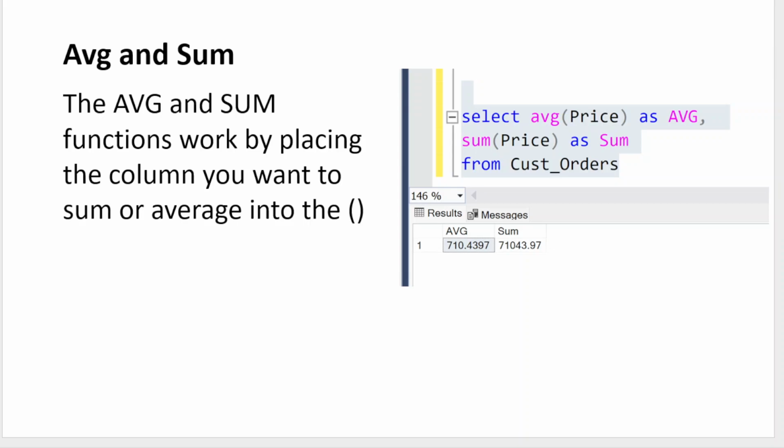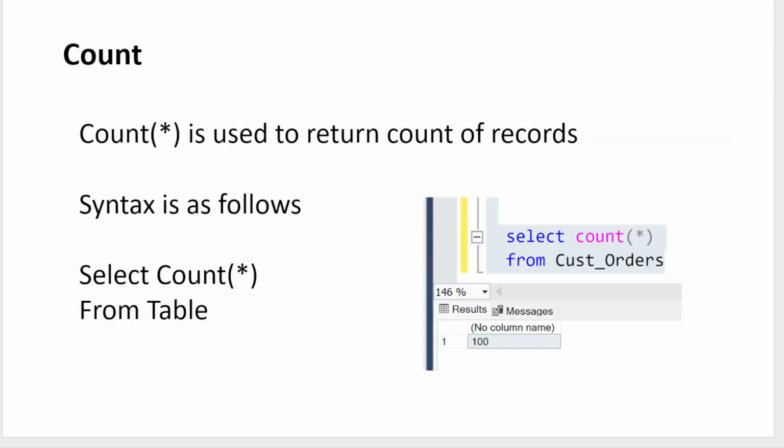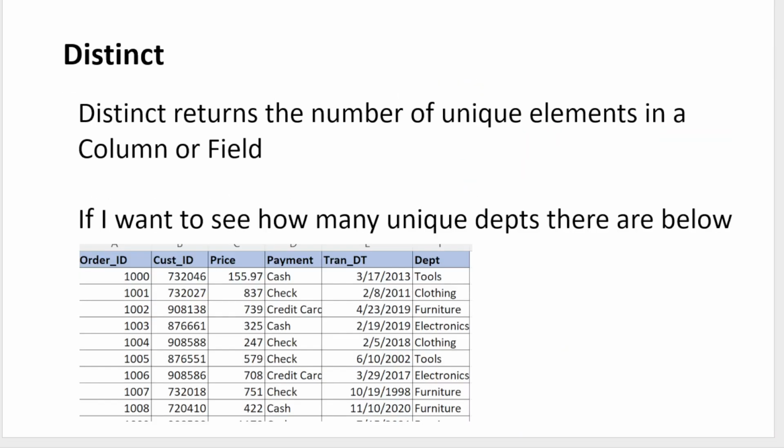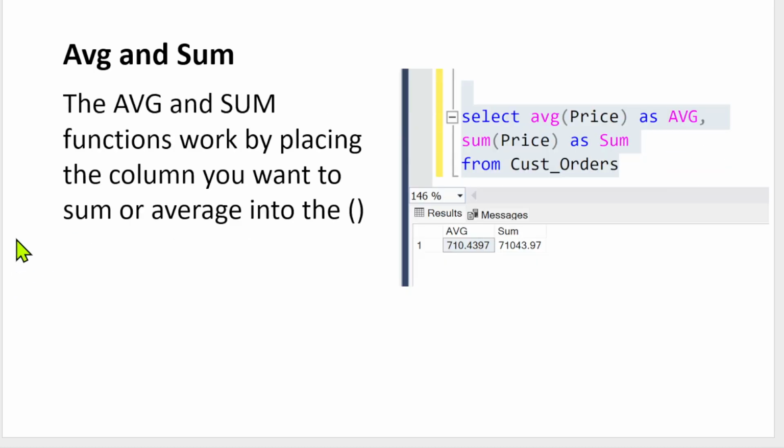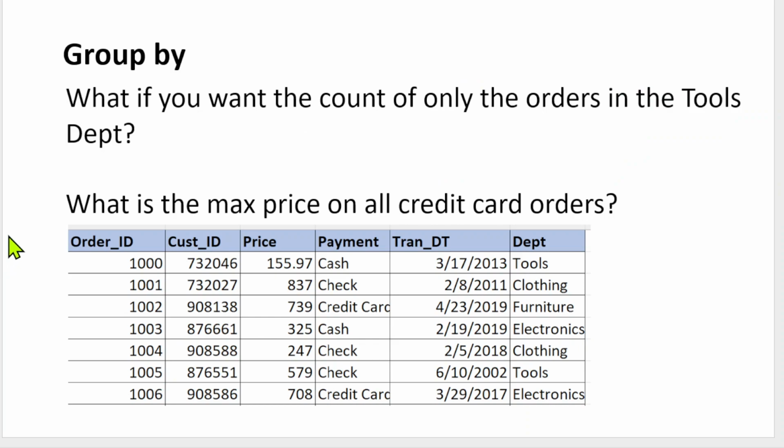All right, so everything we've done so far, you'll notice, is either on a single column or on all of them, just a general counter. But all we're doing is returning a single column. What happens when we want to look at it across multiple columns? Let's say you only want to count the orders from the tools department, and what's the max price on all credit card orders? How do we answer these questions? Well, we have to